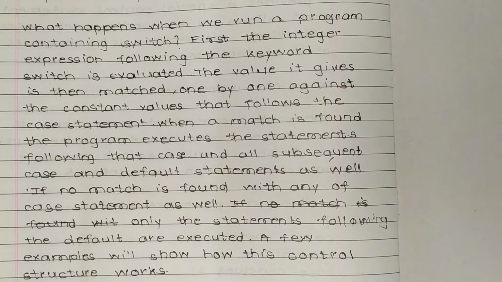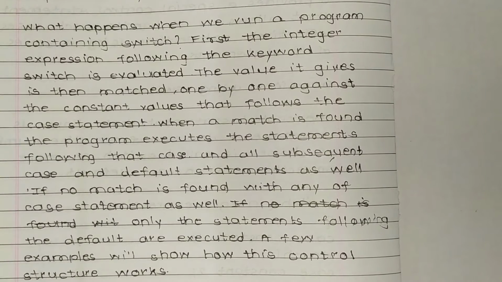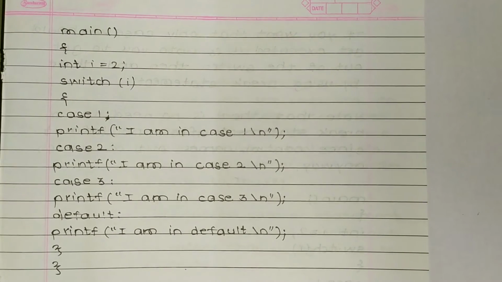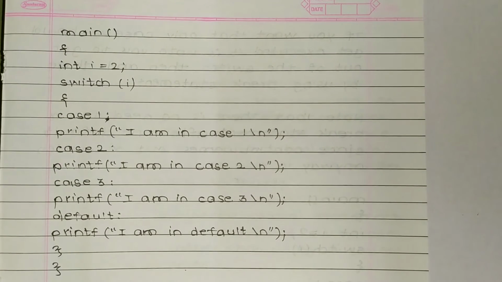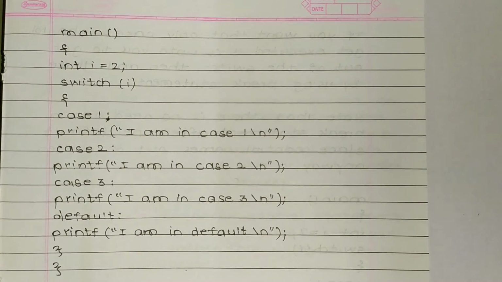A few statements will show how this control structure works. So we will see how this control structure is working. This is an example of the case structure. Let us try to read this program, and after reading we will understand how this structure works. Main is compulsory, the first line is main, for every program. Now the bracket is starting, so the second line is a bracket. The third line is int I is equal to 2, so I is an integer, and then a semicolon is given. Now switch